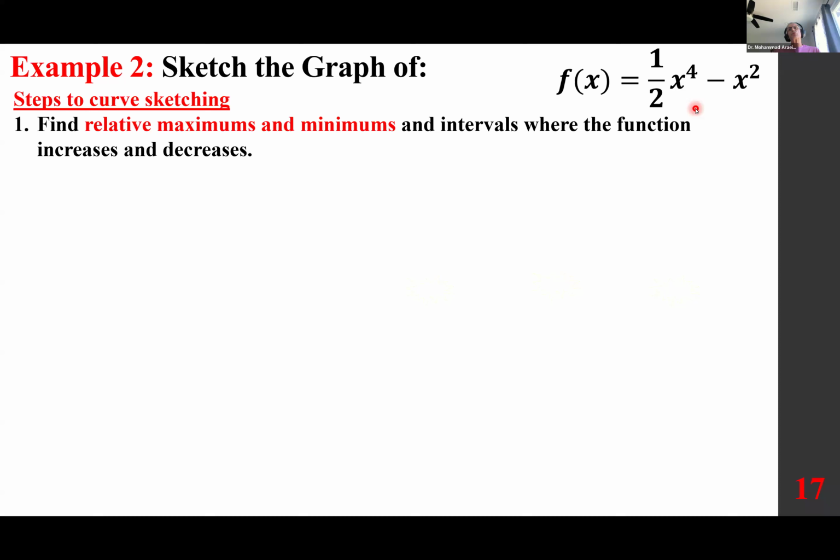And I like to graph this without, again, paying any attention to calculus and use prior knowledge of mathematics, starting with intercepts. So we're going to set y or f of x equal to 0. To do so, we are going to do the factoring. We can take out either x squared or half of x squared. If I take half of x squared, it becomes x squared minus 2. And by setting it equal to 0, either x is 0